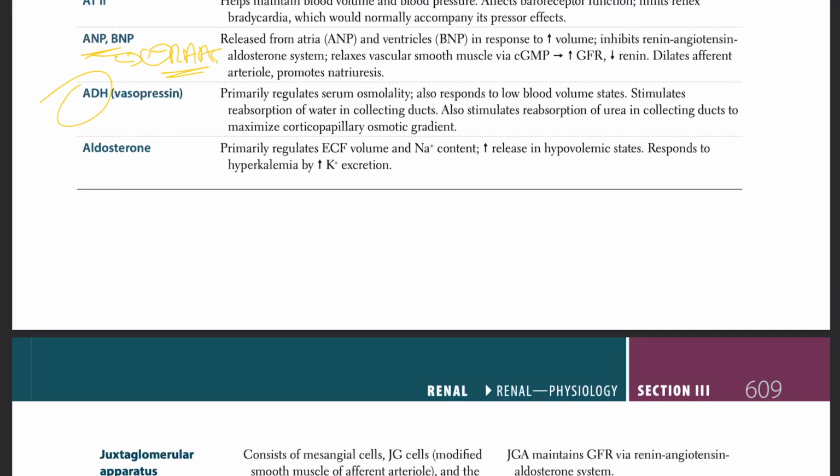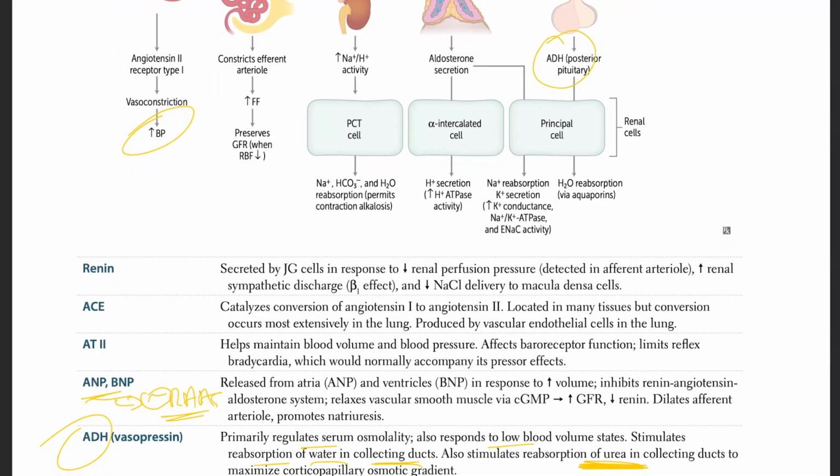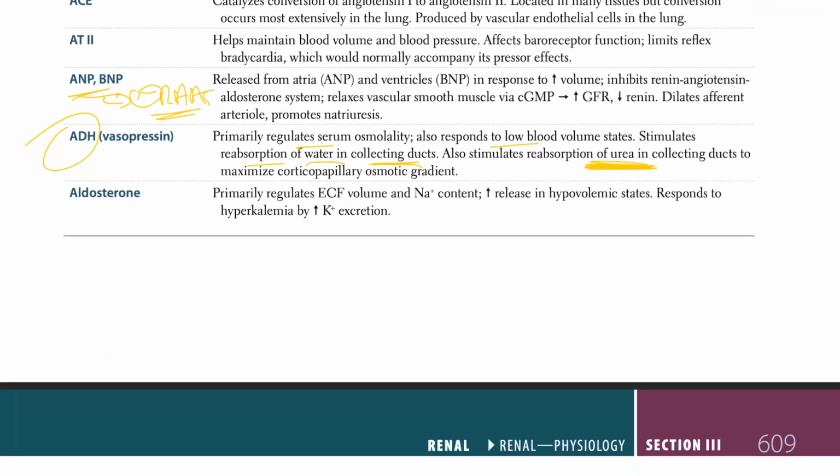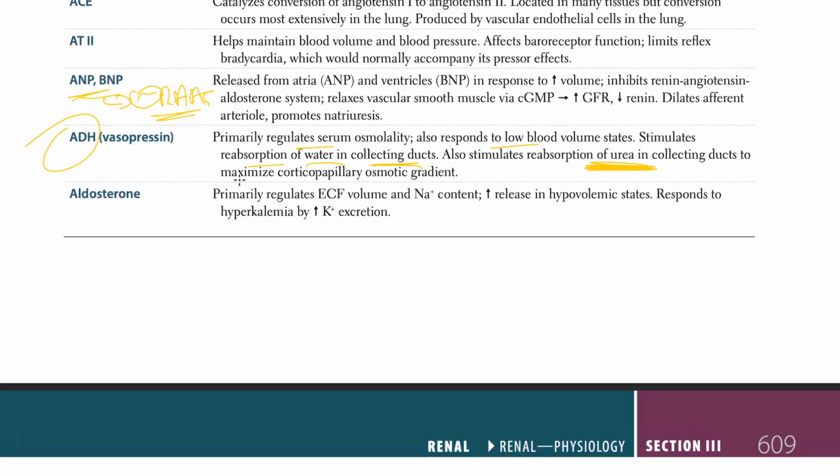Okay, moving on, we have the ADH, vasopressin. Primarily regulates the serum osmolality, also responds to low blood volume states, stimulates the resorption of water in the collecting ducts, also stimulates resorption of the urea in the collecting ducts. And this is what we talked about, right? Urea. Right here, I talked about ADH, urea gets absorbed in the collecting duct to maximize, this is where we're talking osmotic gradient,